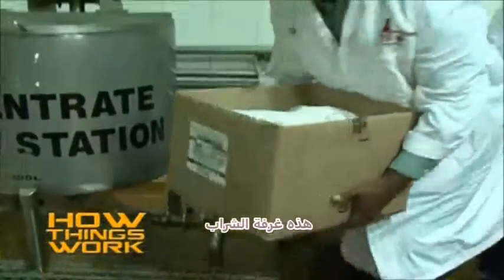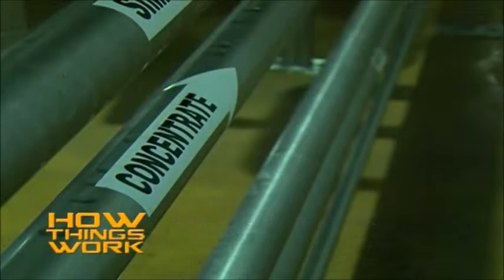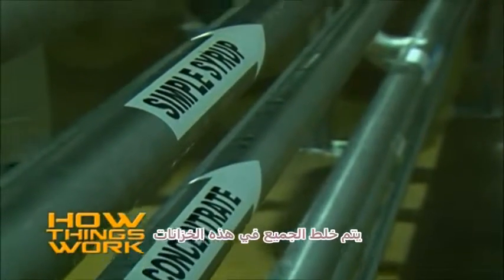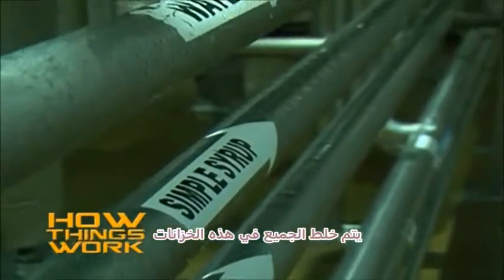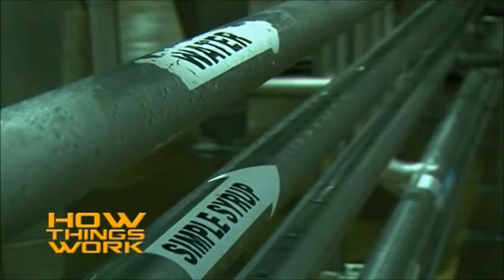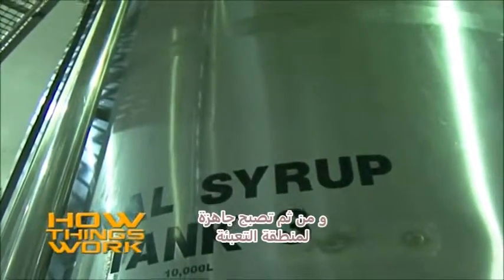This is called the syrup room. Here, the water, sugar, and the concentrate, which is basically the closely guarded Coca-Cola formula, are added and mixed in these tanks. Remember, the carbon dioxide is not added at this point. The mixture of these 3 key ingredients is agitated for an hour, after which it is ready to be dispatched